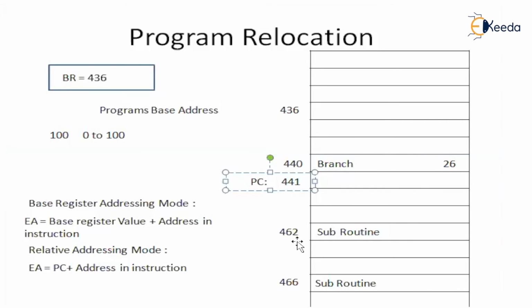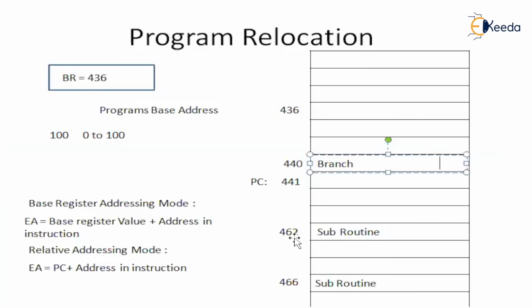So what I'll have to do is, when I add the program counter and the address part, I should be able to direct it to the desired location. For that reason, I need to construct the address part as target address minus program counter value. What is the target address? The target address is 26. In my program, when it starts from 0, 0, 1, this is the fifth one, so the program counter will be 6. Where am I branching? I am branching to 26.